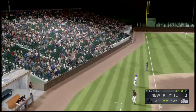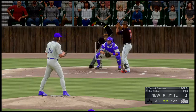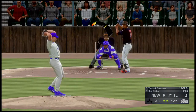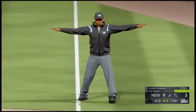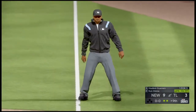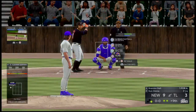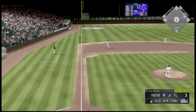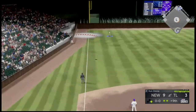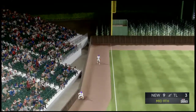Good job to spoil that one away, and he stays alive. Bases are empty here with 2 men out. Now here's a check swing, and they appeal down to first. No swing, so that's ball 4. Next to hit, Brandon Belt. He comes into this appearance in the midst of a 1-for-4 day. Lifted the other way down the left field line. Castellanos gets there for the catch, and